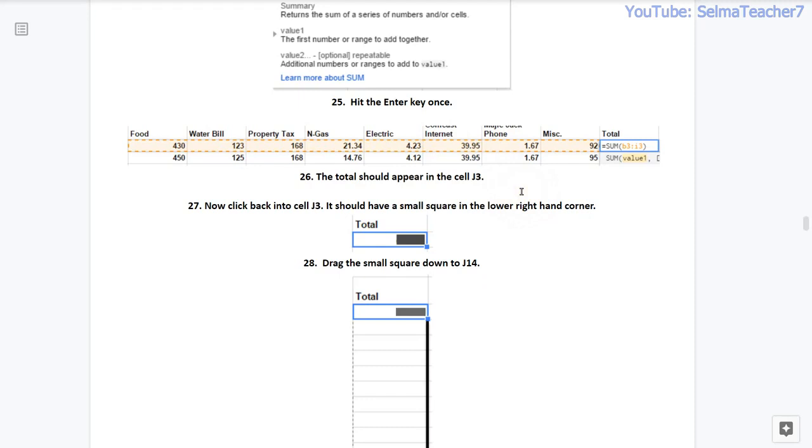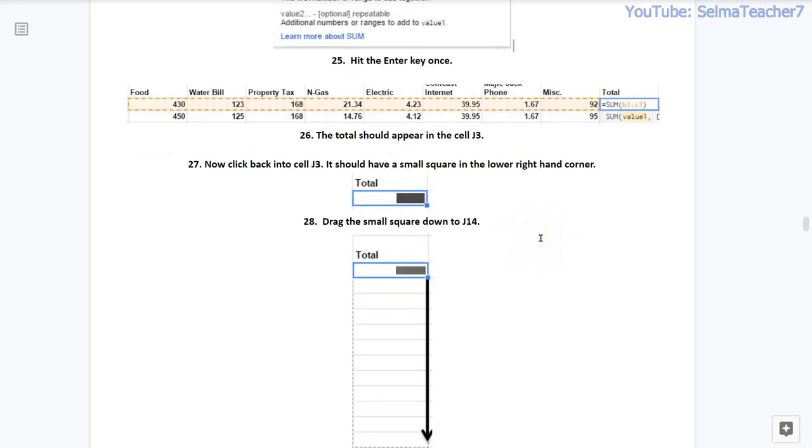The total should appear in cell J3. 27. Now click back into J3. After clicking into the cell J3, you should have a small square in the lower right-hand corner as seen here. Now I'm covering up the total because I didn't want people just to type in the total.